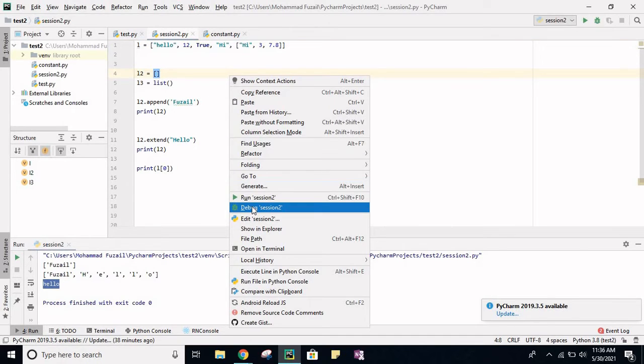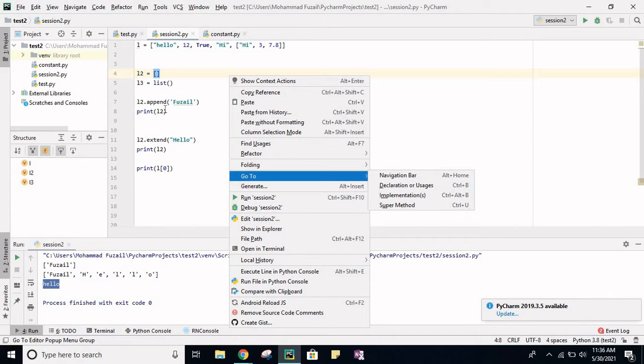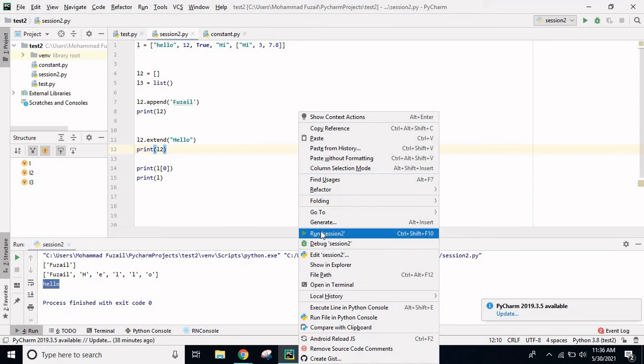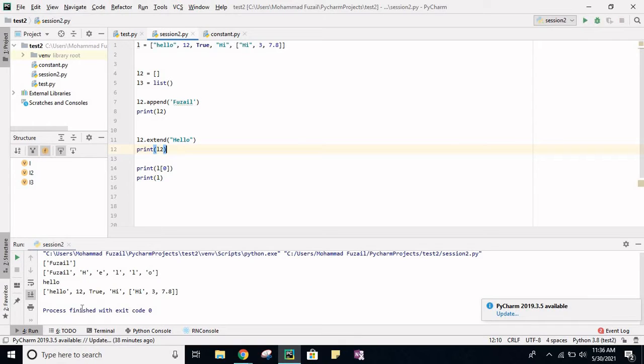Now if I print this, L1 is already being printed, right? No, L2 is being printed. Let me print L1. Sorry, yeah, it's L. See, all the elements including the list, which is also an element of the list L, is being printed.